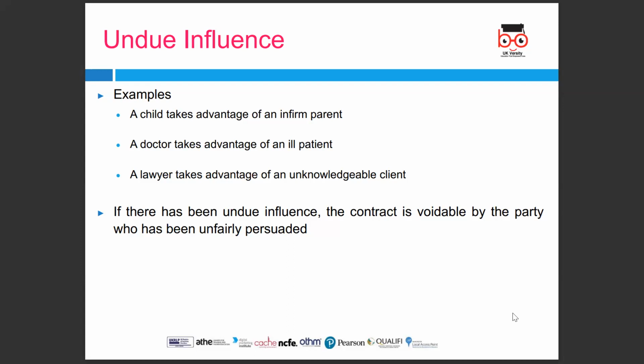Furthermore, the contract attempting to be voided for undue influence does not have to be of manifest disadvantage to the claimant, as in the case of CIBC Mortgages PLC v Pitt, whereas in proving duress, the contract must be of manifest disadvantage. In this case, Pitt wanted to purchase some shares in order to fund this purchase.